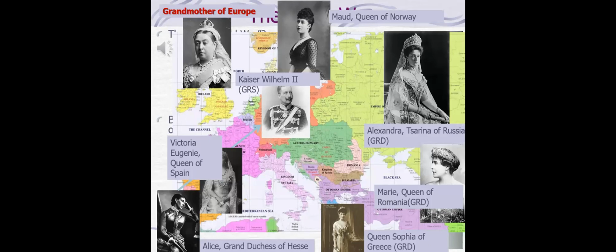In fact, I didn't bring this picture with me this time, but there's this grand picture of Kaiser Wilhelm II, whom you see here, plus Alexandra's husband, Nicholas II of Russia, and George V of England. And the three of them look like they could be triplets. They look so very, very close together, and that's something that's very key to keep in mind.